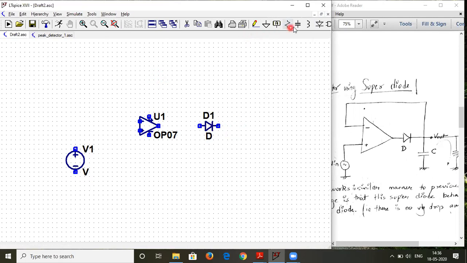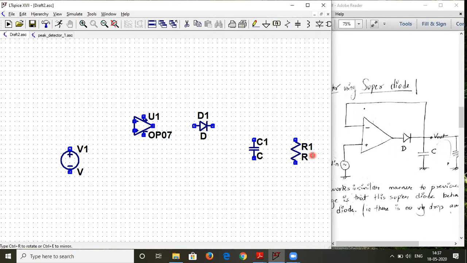Next, I want a capacitor and a resistor. So here is my capacitor and a resistor. So we are trying to build up this circuitry in LT-Spice. Now let us join everything. So this non-inverting input terminal will go to this supply, which will be a sinusoidal input.